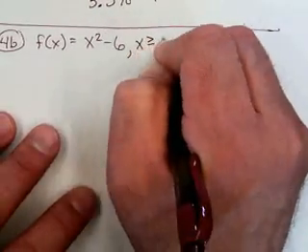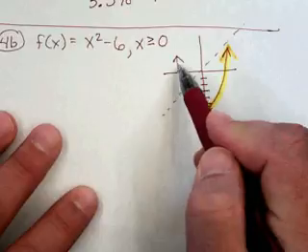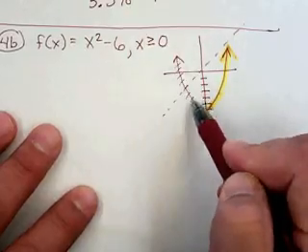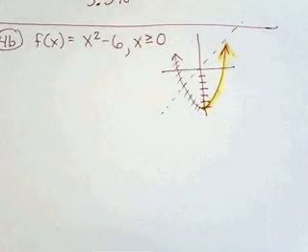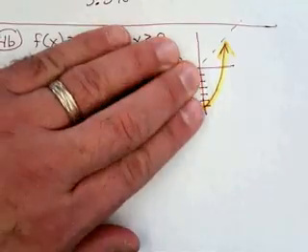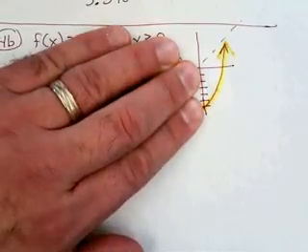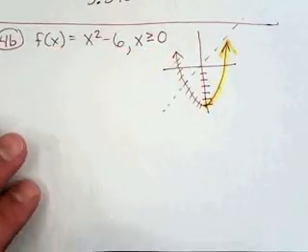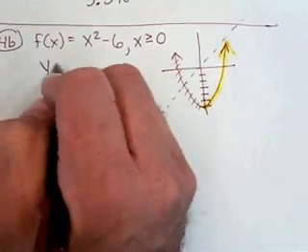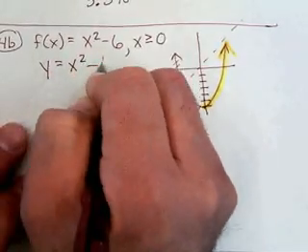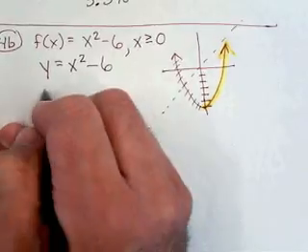We're only going to look at this function when x is greater than or equal to 0. That basically eliminates this whole part of the graph from consideration. We can definitely now find the inverse of this because it passes the horizontal line test when you just look at the right side. So what we're going to do is we're going to go ahead and replace f of